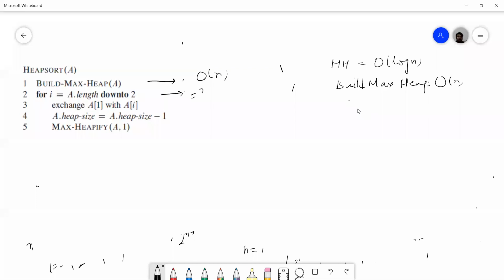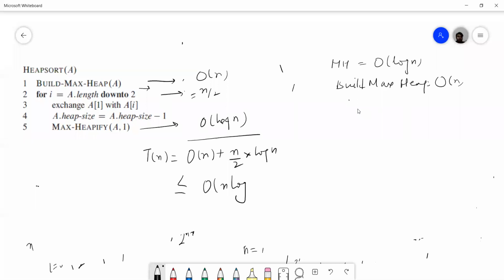Then this loop is running n by 2 times, and inside this loop we are calling max heapify, that is order of log n. So if you total this, you will get order of n plus n by 2 into log n. So this is the complexity of heap sort. Simple. If you are asked to analyze the complexity of the heap sort algorithm, you have to write all three algorithms: max heapify and analyze its complexity, then build max heap and analyze its complexity, and then heap sort and analyze its complexity.